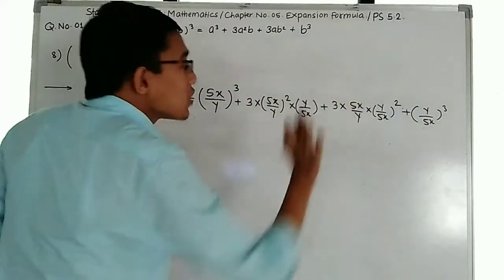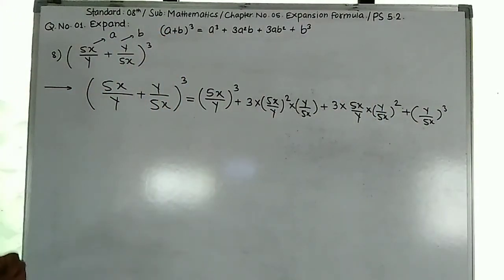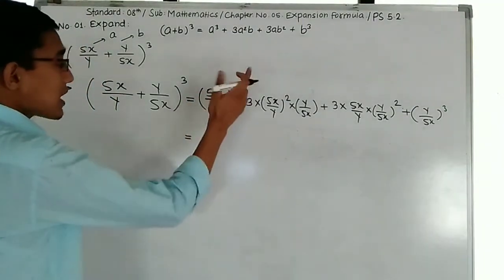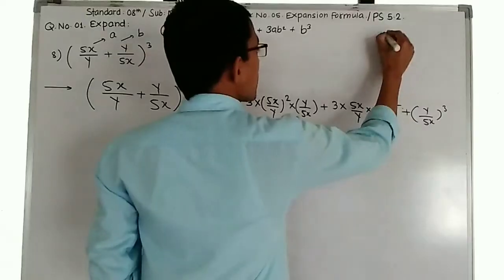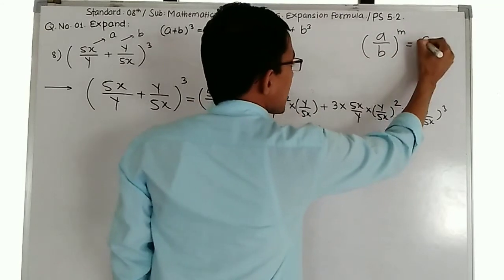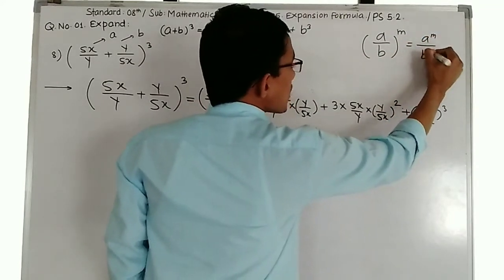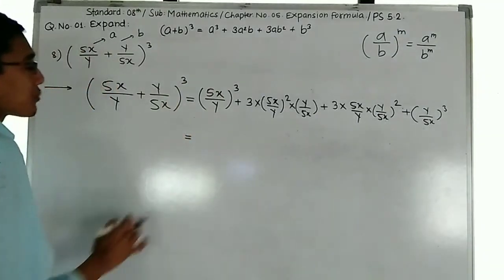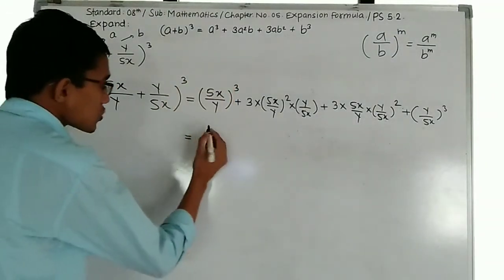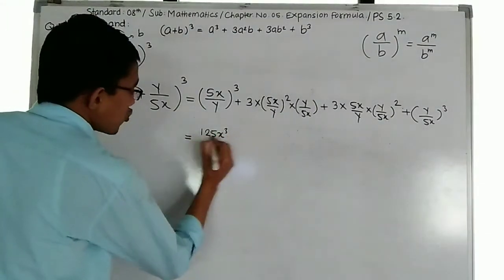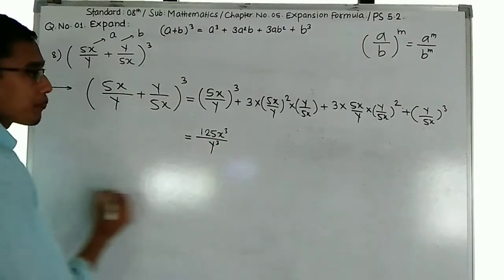After putting the values of a and b in the formula, we can easily apply simple mathematics and get the answer. So 5x upon y raised to 3. We have studied this formula, that is (a upon b) raised to m is nothing but a raised to m upon b raised to m, in our chapter number 3, indices and cube root. So we are going to apply this law of indices over here. 5x upon y raised to 3, so I can write 125, that is the cube of 5, into x cube upon y cube plus